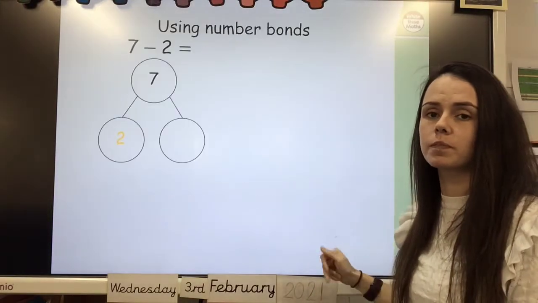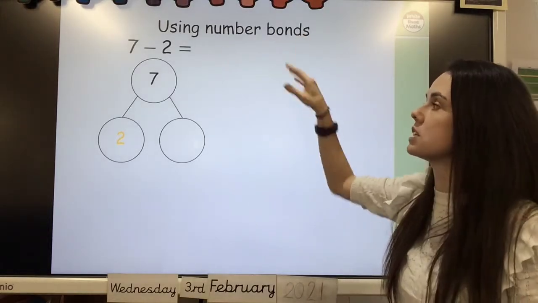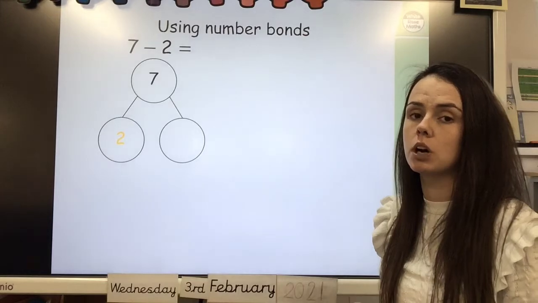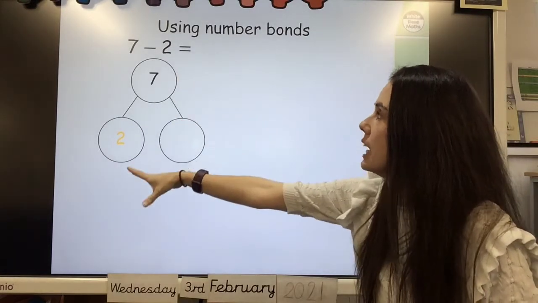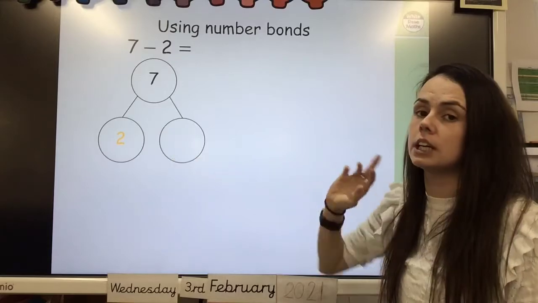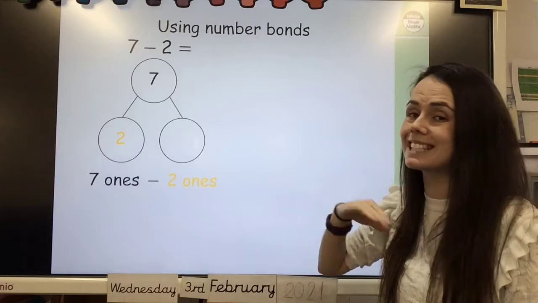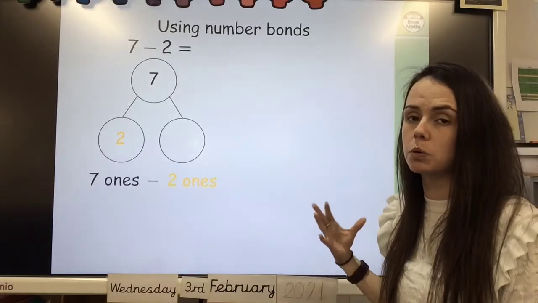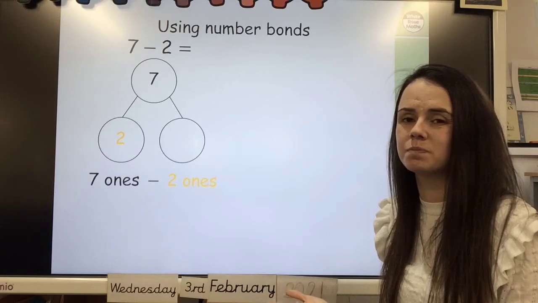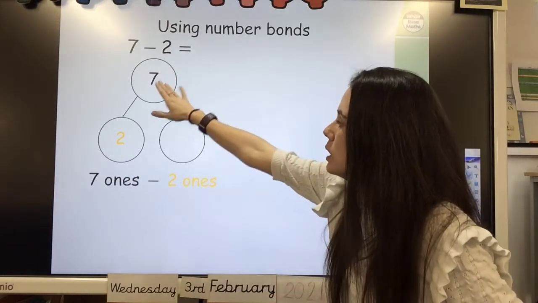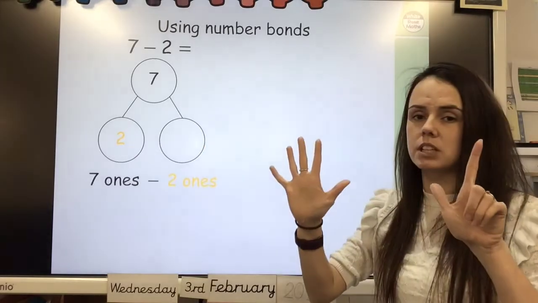Well done. Now this is where we get a little bit different. We're using number bonds to help us do our subtraction. So if we have 7 and we're taking away 2. Now, 7 1s take away 2 1s equals what? 7 is our whole number, take away 2 makes what? 7 take away 2,